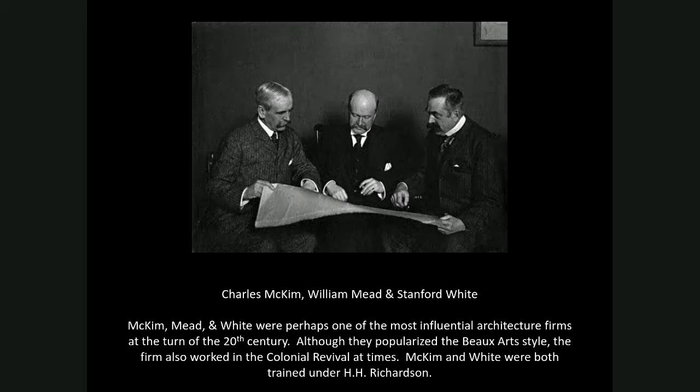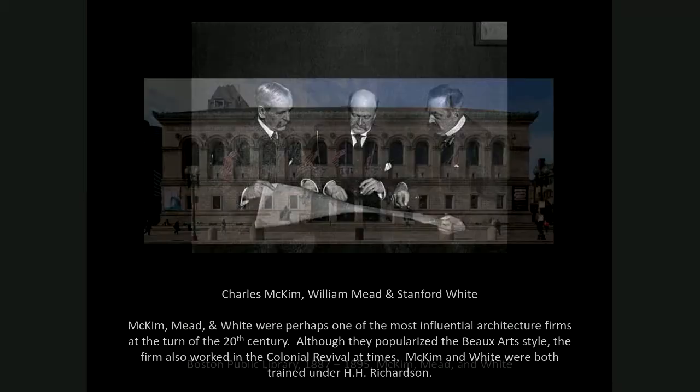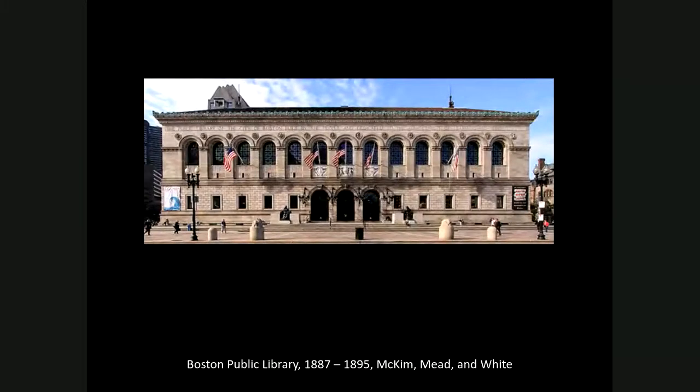They had trained under H.H. Richardson. They did not adapt his Richardsonian Romanesque style, but he was such a talented architect that they learned a great deal from him. They did other styles as well. They worked a lot in the colonial revival and so forth, but their big grand public buildings were mostly in the Beaux-Arts style. And so here we see the front facade of the Boston Public Library. Now, it's not quite as elaborate and overly decorated as the Paris Opera House, but we see that neoclassical architecture. We see the Roman arches along the upper facade and the three Roman arches at the center really distinguishing the entryway